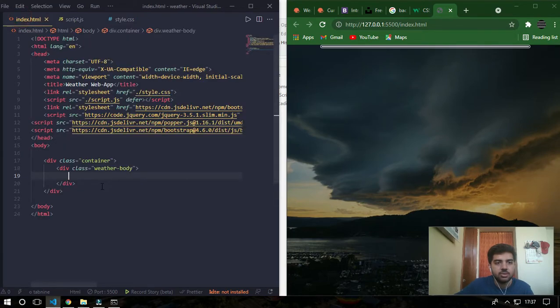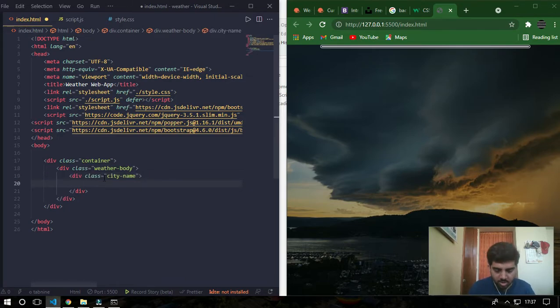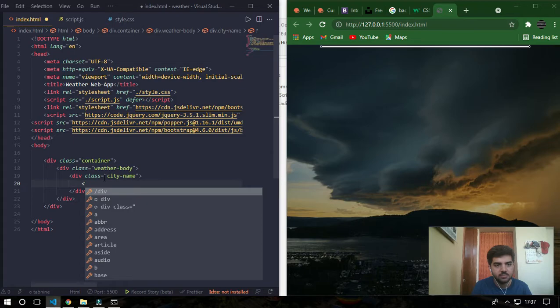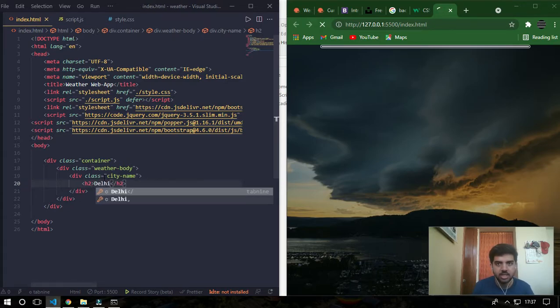Then inside the weather body, div dot city name. For now I'll give the city name as Delhi.